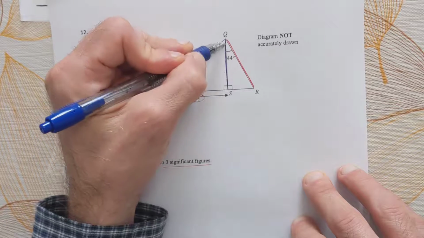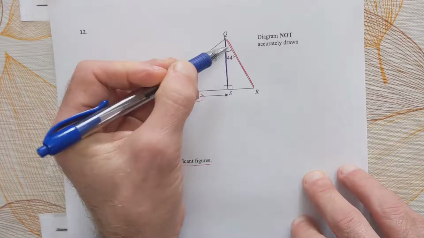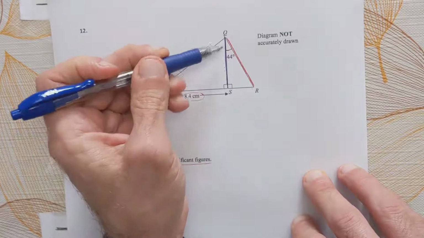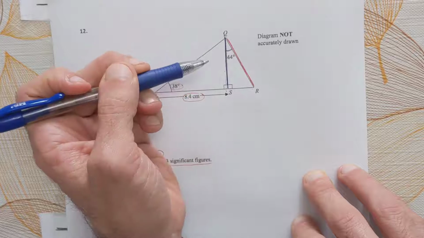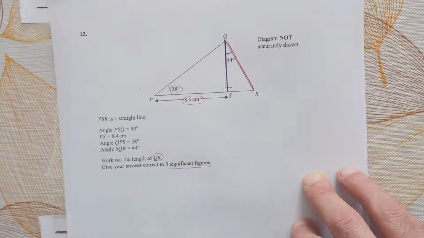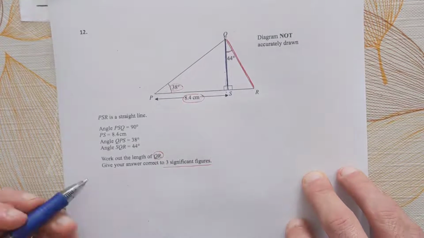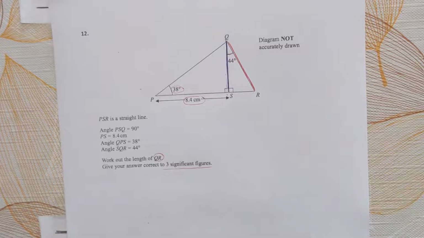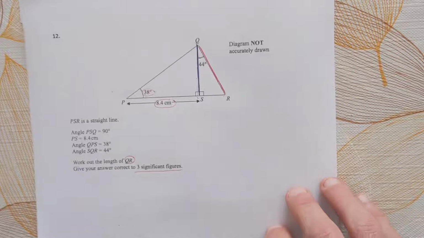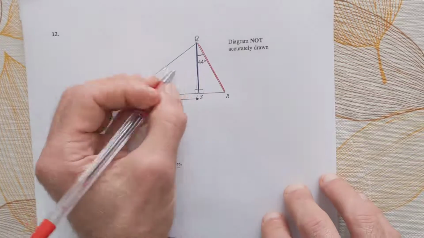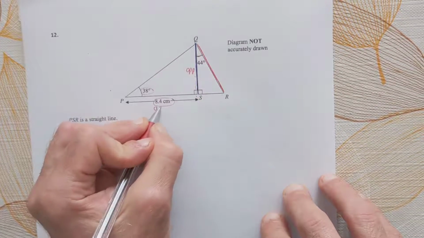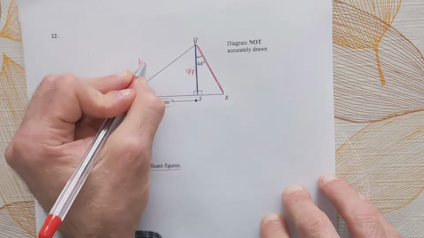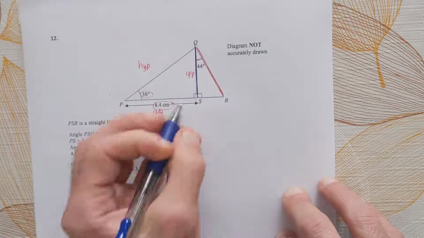We work out this side using this triangle. Having done that, we will now have the side and an angle that we need. So looking at triangle PQS, and we label it opposite side, adjacent side, hypotenuse, and we write SOHCAHTOA down,